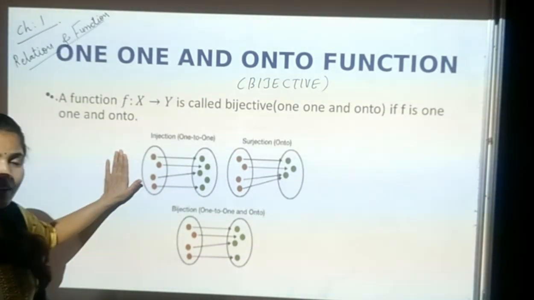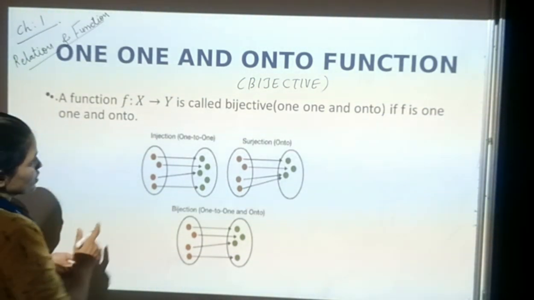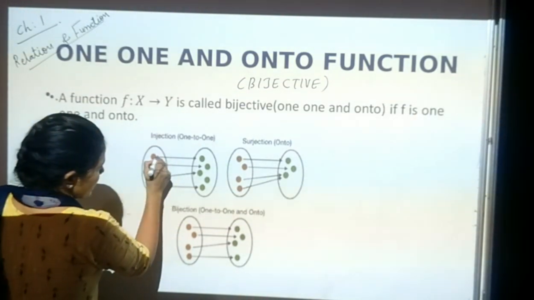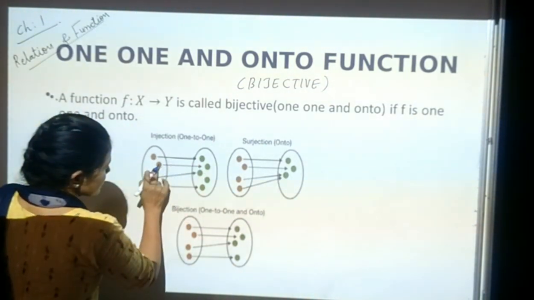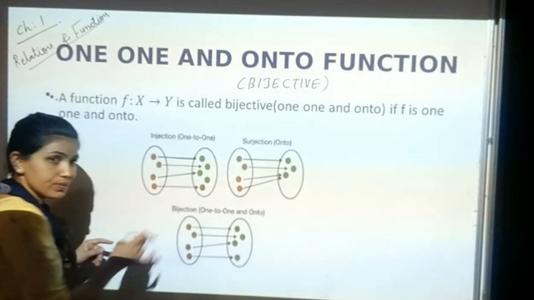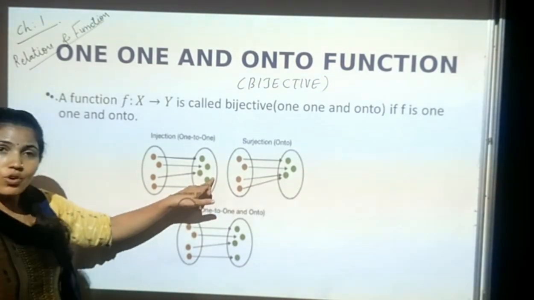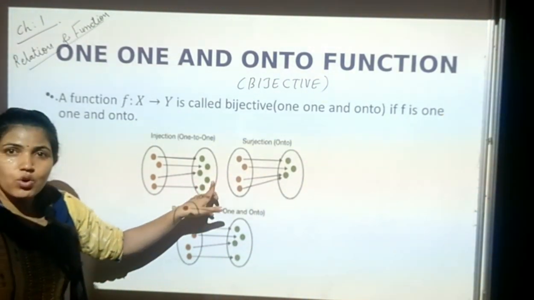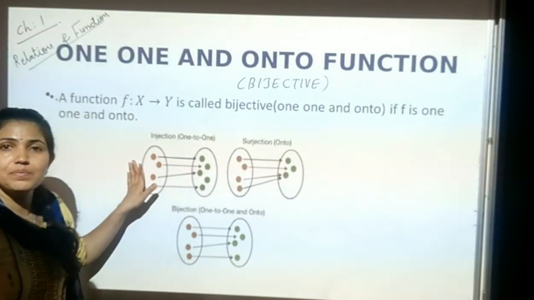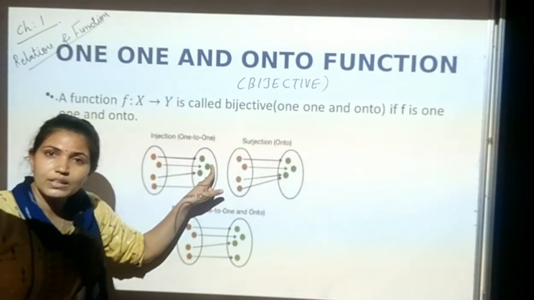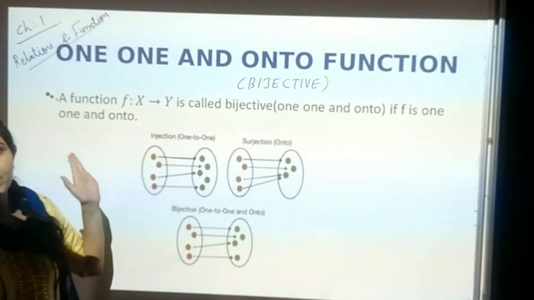So let us see the definition here. Look students, first you can see in this orange diagram, the first element is related to 1, the second is related to 1, the third is related to 1, and the fourth is related to 2. In a one-one function there is no requirement that all elements are related; it is fine if some are not, but here all elements should be related to one element. Okay, 1, 2, 1. So this is called a one-one function.